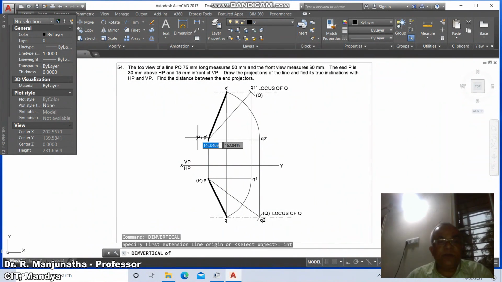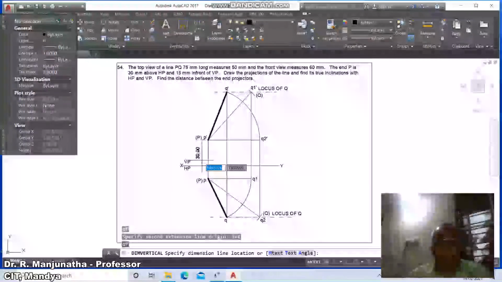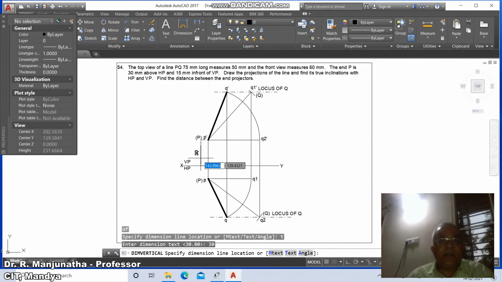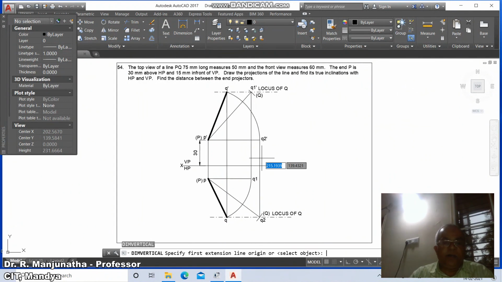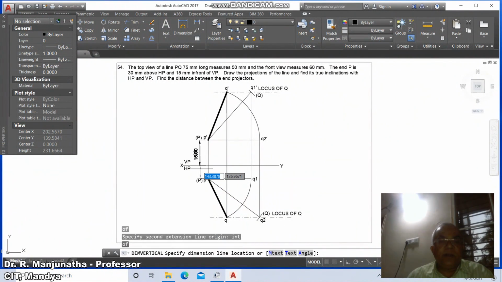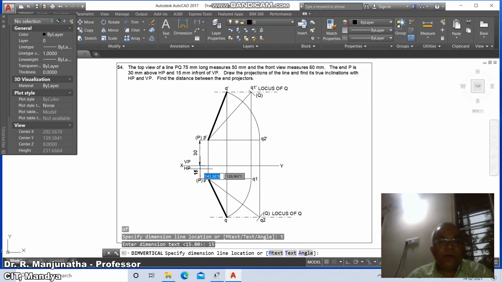take intersection of these two and intersection of these two, and here it is text, so type 30 and take the dimension line location. Dim vertical, take intersection of this to intersection of this, and here come down to text, type 15, so you place it wherever you want.